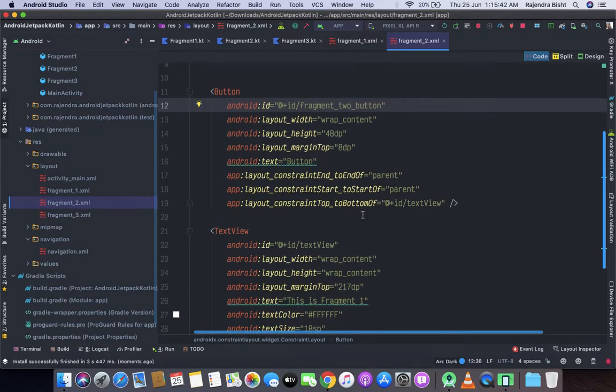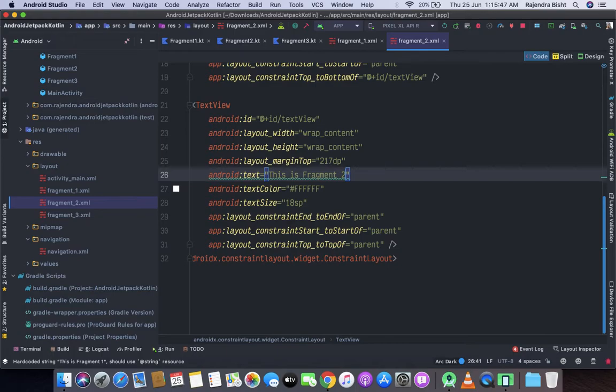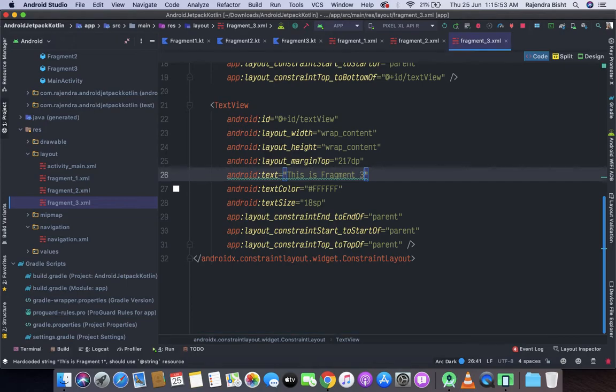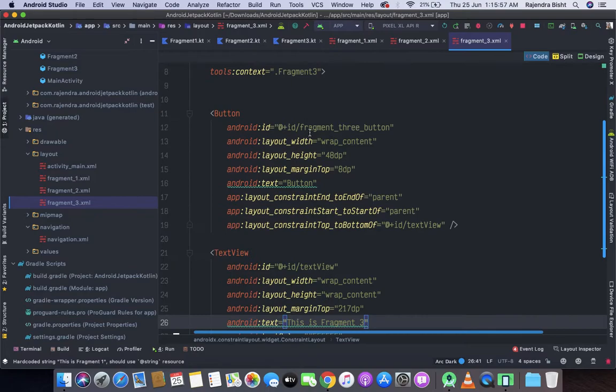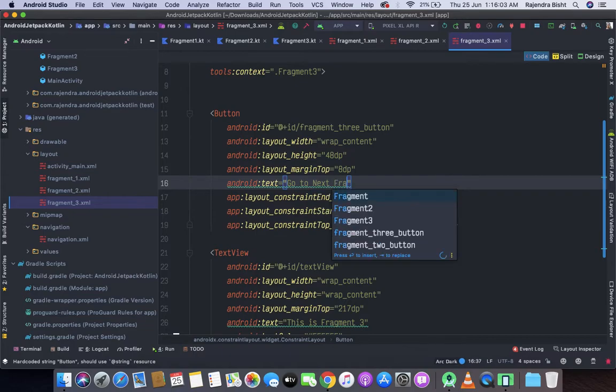It is okay, but in layout 2 we will change the text to say this is fragment 2. Similarly, we will change it in fragment 3. This is fragment 3. Go to next fragment.